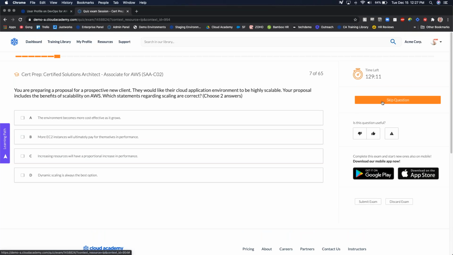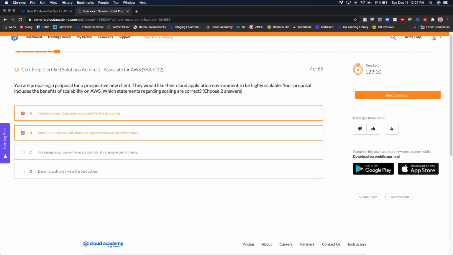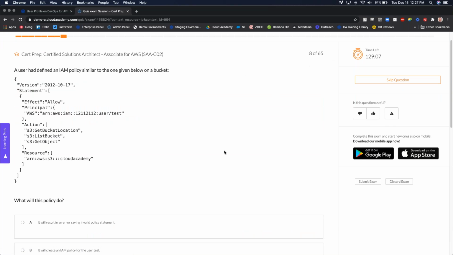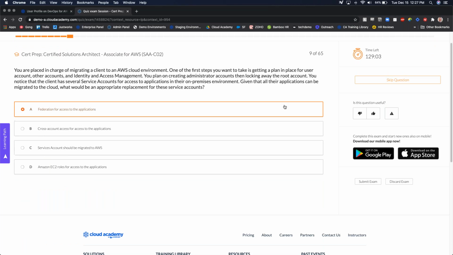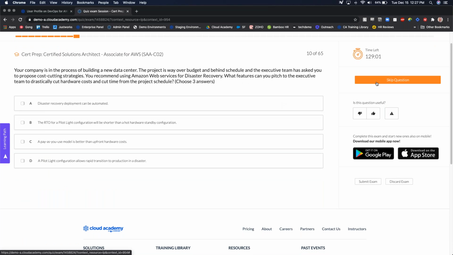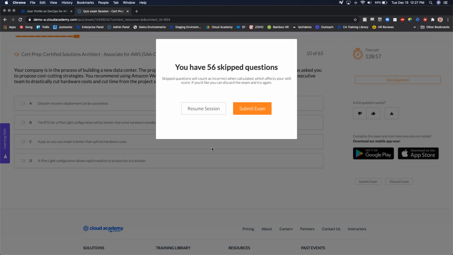Lastly, we do encourage you to skip any questions that you don't know the answer to. All of us can get lucky once and guess a correct answer. The platform will then assume knowledge that you may not actually possess. Upon submitting the exam, we will give you the opportunity to revisit any skipped questions.